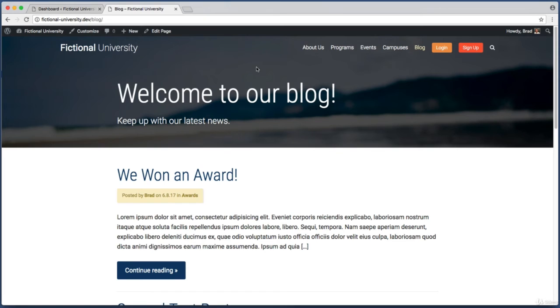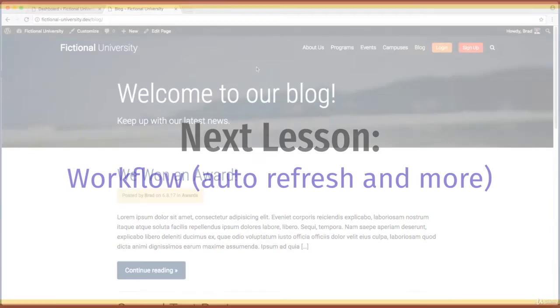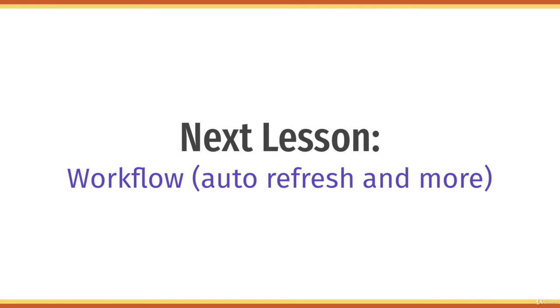In our next lesson, we're going to take a quick break from coding out our theme and instead learn how to upgrade our workflow. We will set things up so that anytime we save a change to any PHP, CSS, or JavaScript file in our theme folder, our web browser will automatically refresh for us. It may sound like a little thing, but trust me, it will save us tons of time in the long